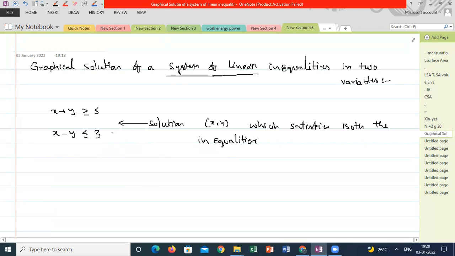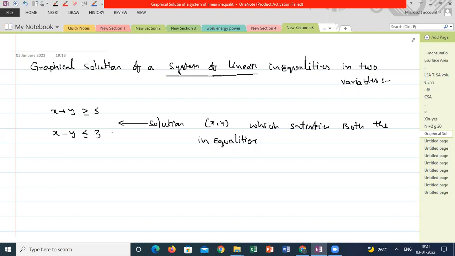Understood what is the meaning of solution? Solution set is common. What are the constants I can replace these variables with? The set of all the constants which can replace these variables and make the statement true is known as the solution set of that expression. But here, when I am getting two equations, how many sets will you get which can satisfy both the inequalities?